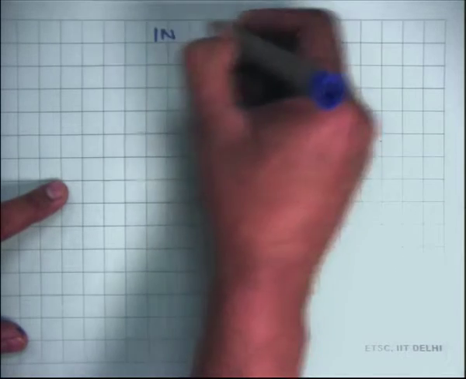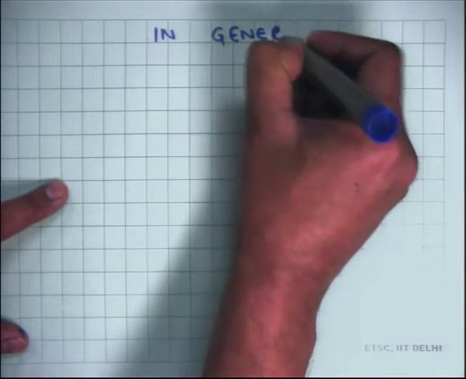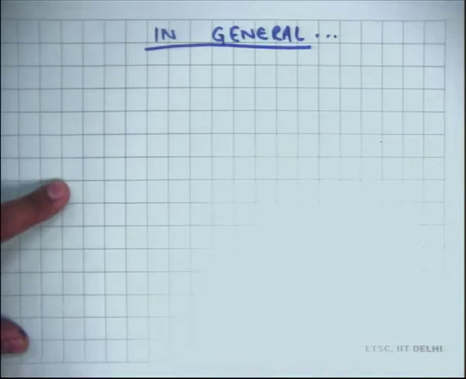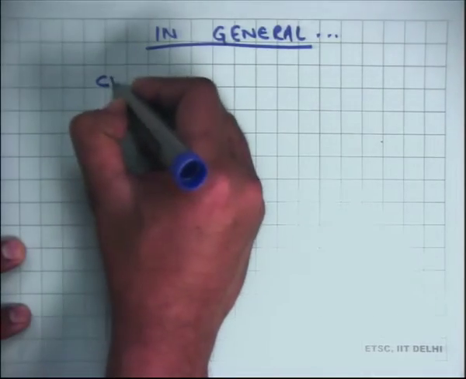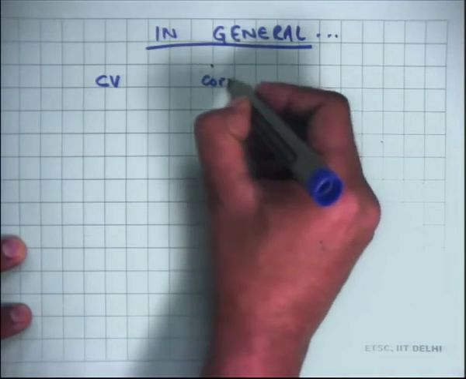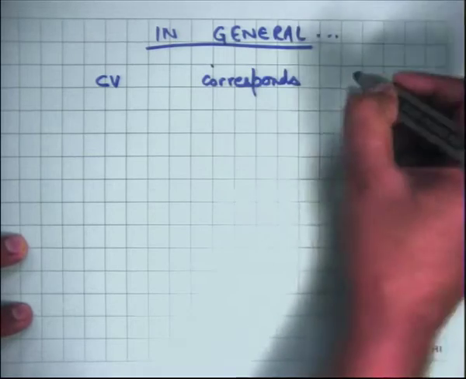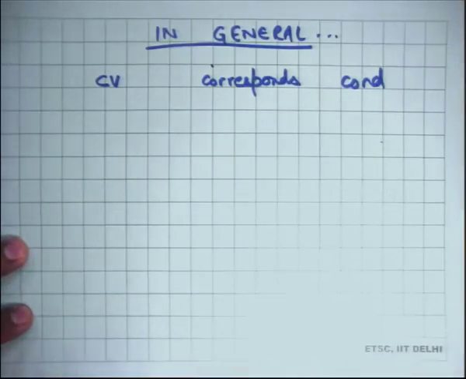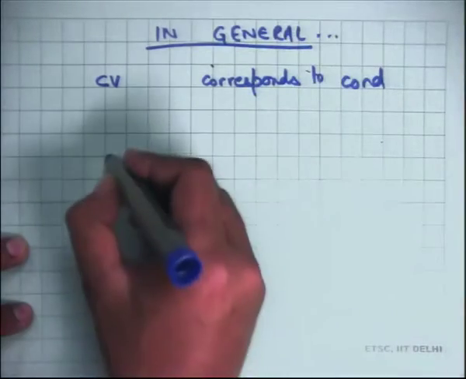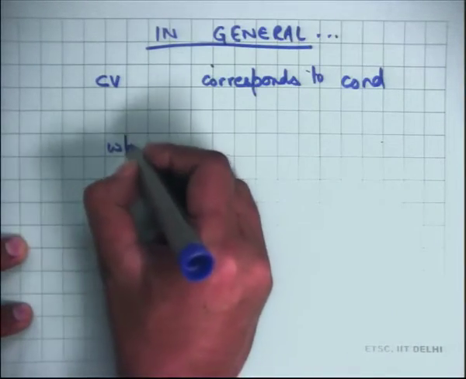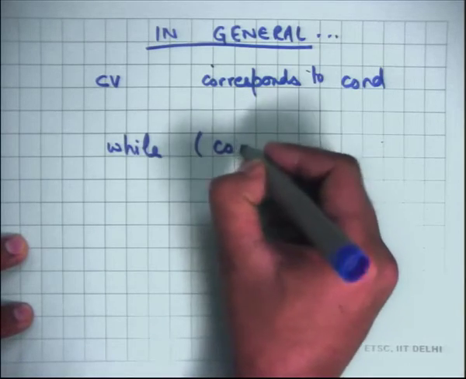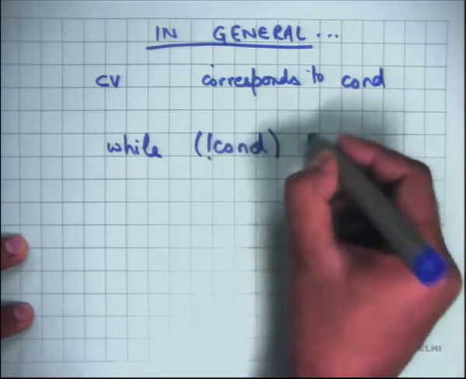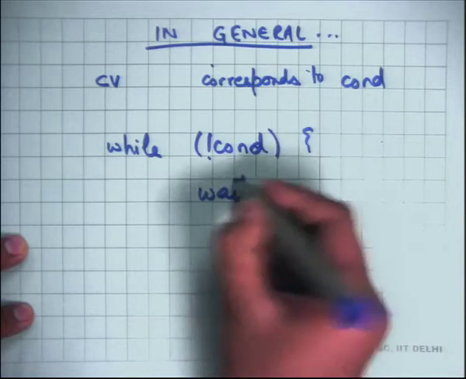Right, so this is a very common pattern. So let's understand how a condition variable is used in general. I have taken a producer consumer example to illustrate how condition variables are used, but in general a condition variable CV corresponds to some condition, let's say cond. And you would typically want to check the condition in some kind of a loop. So while not cond, you will wait on CV,